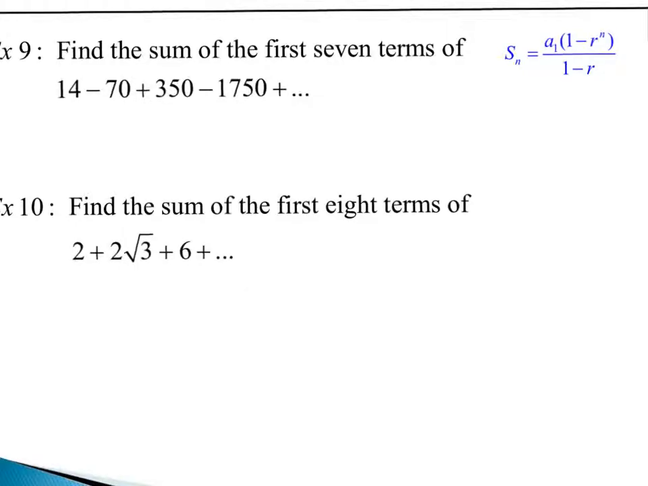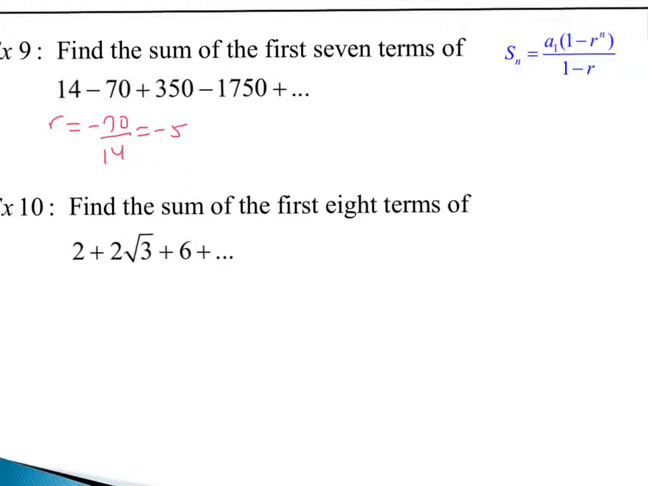Okay, in example 9, we are finding the sum of the first 7 terms. Now, a couple things that you want to recognize. First of all, we want to recognize that this is in fact a geometric sequence, or series rather, and we can figure that out by taking any two consecutive terms and dividing them. So if we were to do 70 divided by 14,